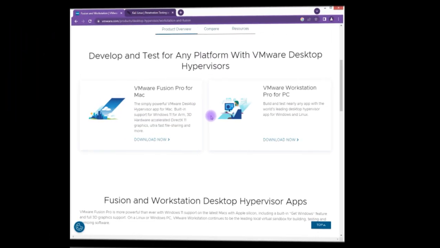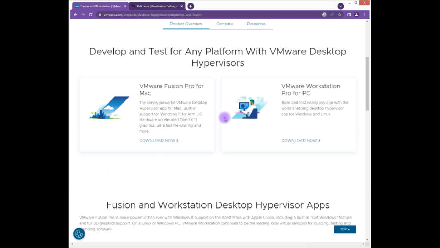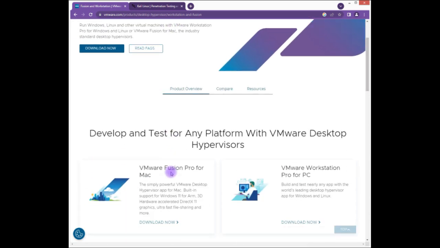So to kickstart installation, we just need to organize our machine. I have a bare metal machine already, so I'll not be able to show you the bare metal, and I have an operating system installed over the bare metal as well. So I have a computer which has a base operating system, which is Windows, and next, in Windows, I need to install VMware Workstation. Because I'm using Windows, I need to install VMware